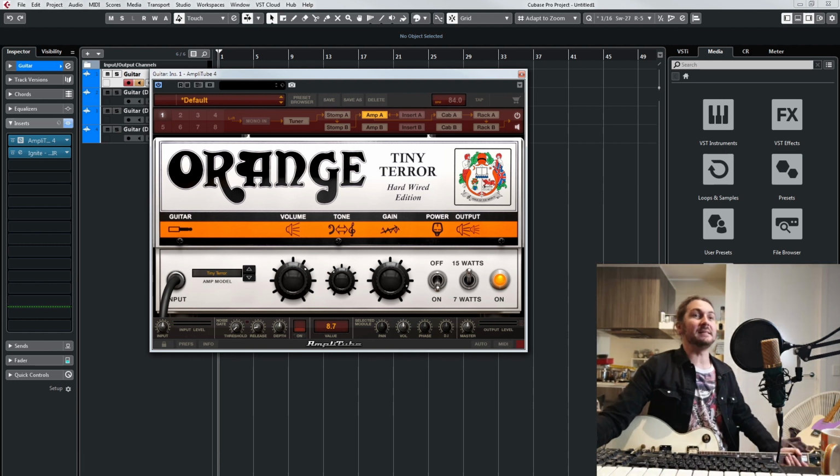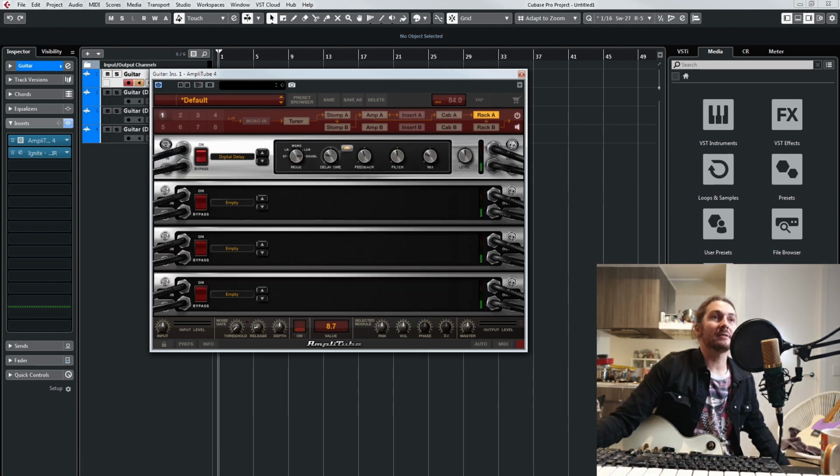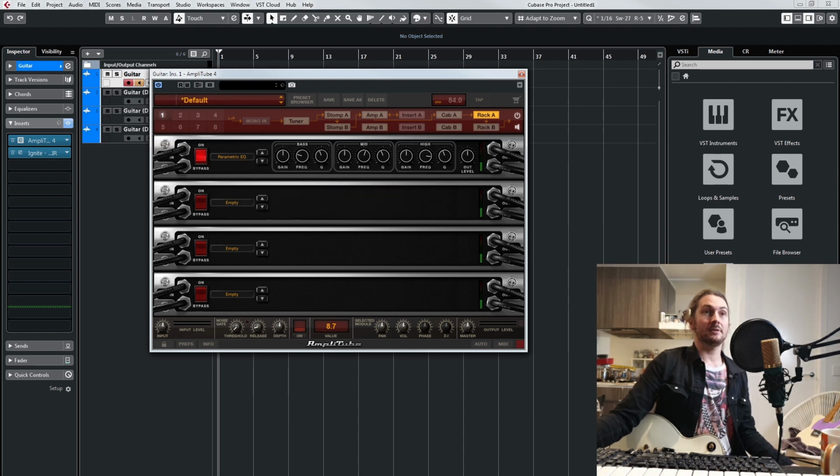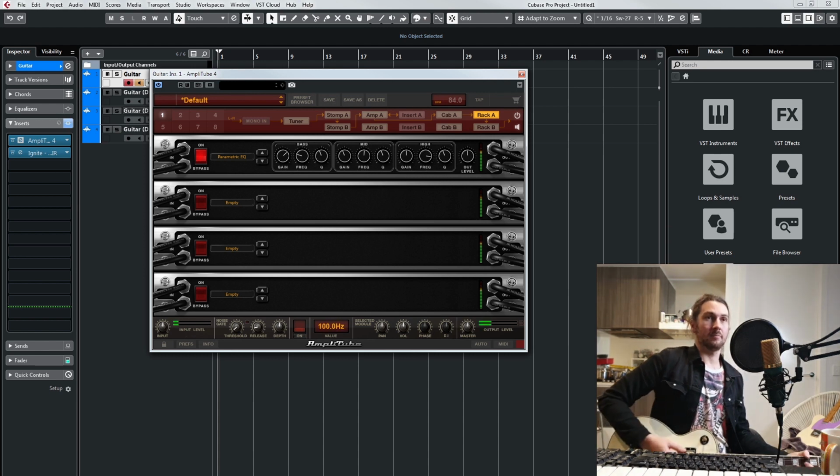So quite a mid-heavy sound with that cab. Now you can EQ this, and there is an EQ that also comes free. So let's try that. So I'm just going to find that kind of mid frequency, bring that down a bit, and bring up the low end, and